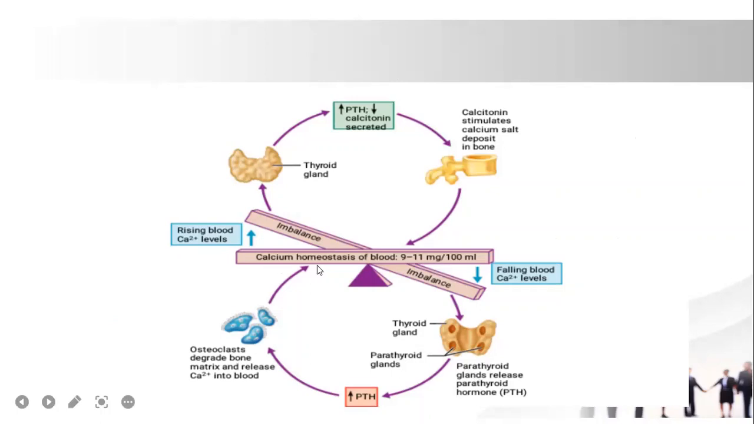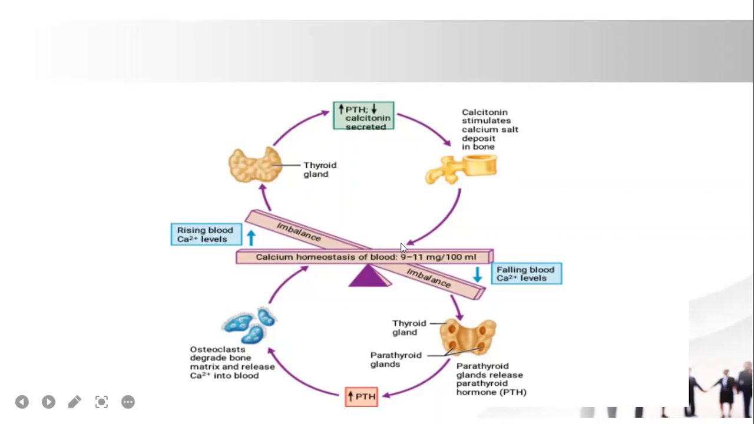So calcium homeostasis of blood is 9 to 11 milligrams per 100 mils. When there is an imbalance whereby the calcium level in blood rises, the thyroid gland is stimulated and calcitonin is secreted. Calcitonin then stimulates calcium salt deposit into bone, and finally the balance comes to its